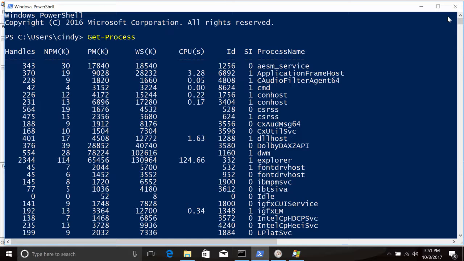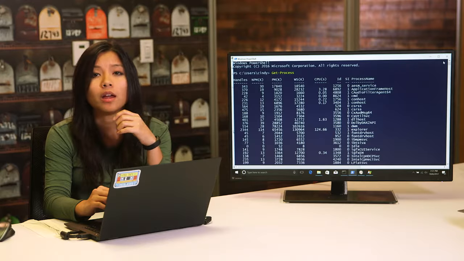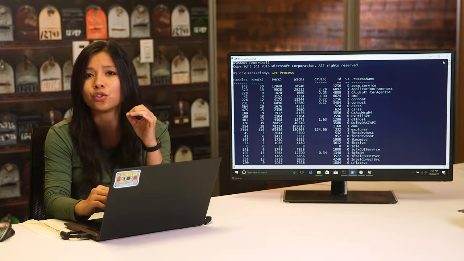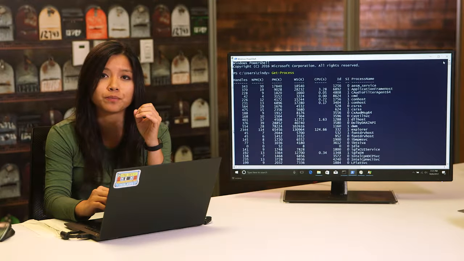If you check out the column headings at the start of the output, you'll see things like NPM(K). Values in this column represent the amount of non-paged memory the process is using. And the K stands for the unit, kilobytes. You can see Microsoft's documentation for a full write-up of each column in the next supplemental reading. This is useful, but it's a lot of information. It can be really helpful to filter down to just the data you're interested in.